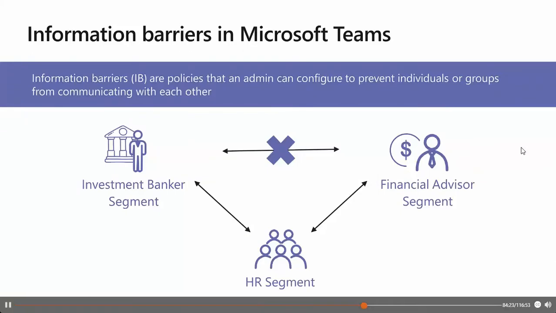For example, one department is handling information that shouldn't be shared with other departments, or a group needs to be prevented or isolated, as I already mentioned before. The primary driver for information barriers comes from the financial services industry, because the Financial Industry Regulatory Authority, FINRA, reviews information barriers and conflicts of interest within member firms and provides guidance as to how to manage such conflicts. However, since introducing information barriers, many other areas have found them to be very useful.